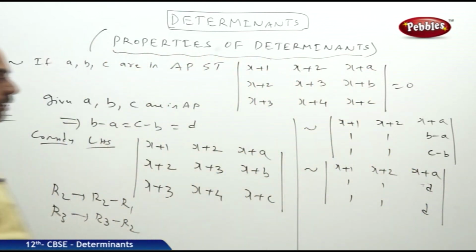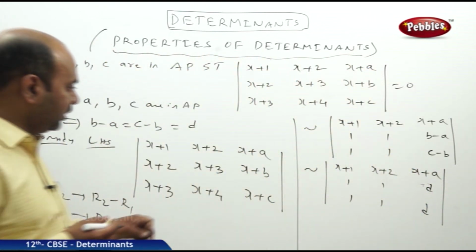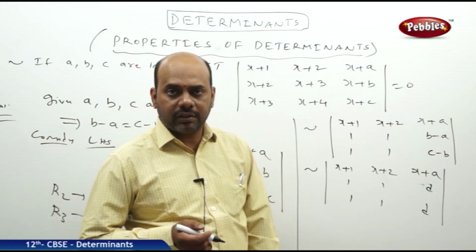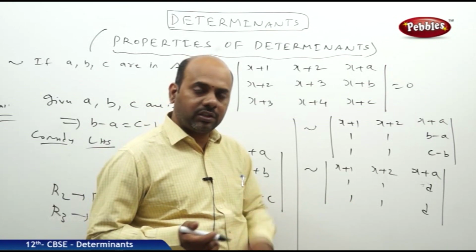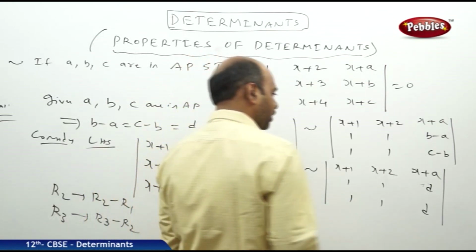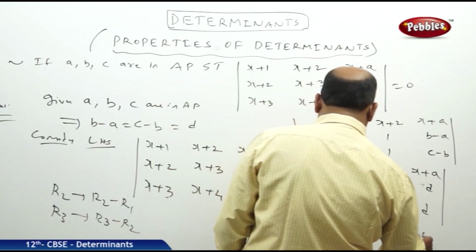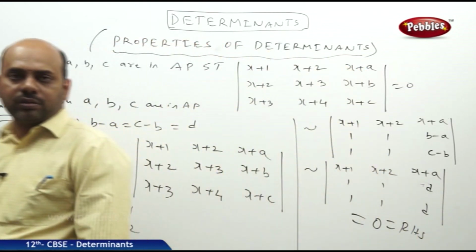Now, beautifully I can apply properties of determinants. Here two rows are identical. Whenever two rows are identical, what can I tell? The value of the determinant is always equal to 0. So this whole thing will be equal to 0. That will be RHS. Therefore, left hand side will be equal to our